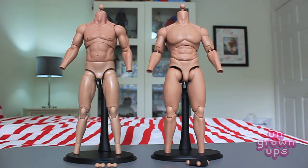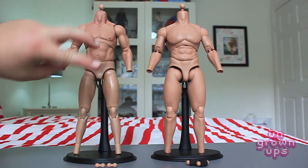I've also thought about possibly using this body for a custom Rambo. I never bought the Hot Toys Rambo way back in the day, but I kind of like Rambo, and I'd like a custom Rambo 2 figure. I may do that, I don't know. So if I do a custom or a kit bash in the future, I'll let you guys know, and I'll certainly shoot a video. So let's go about it. I guess I am going to have to switch the two bodies